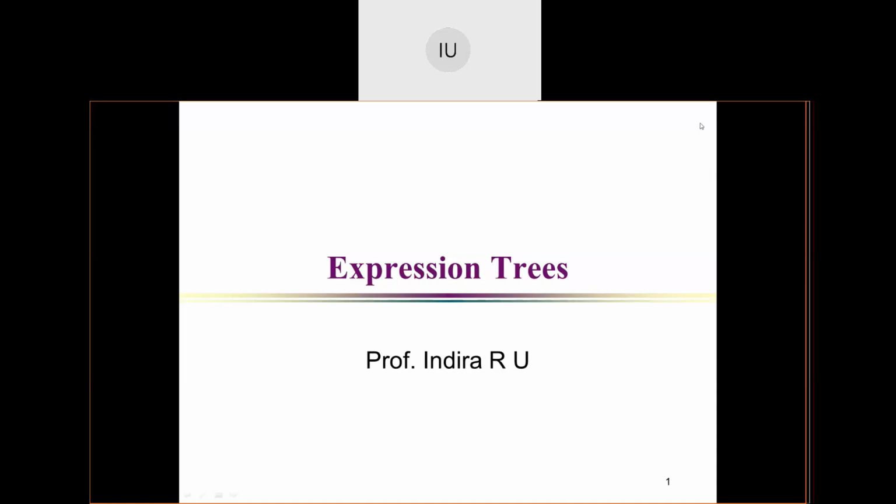It's an application of binary tree. See, binary search tree is also an application of a binary tree. Expression tree tells you this: you have a tree in such a manner that the root of any subtree you take must be an operator, and its children must be operands.